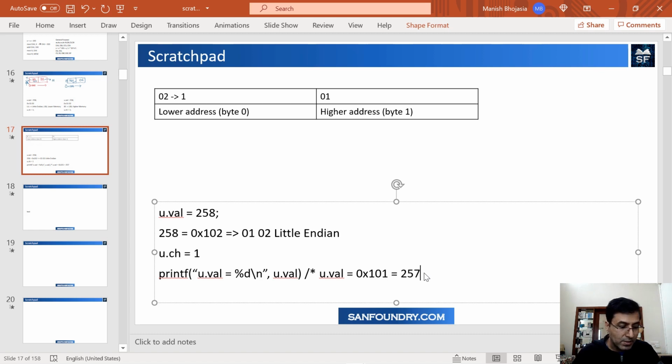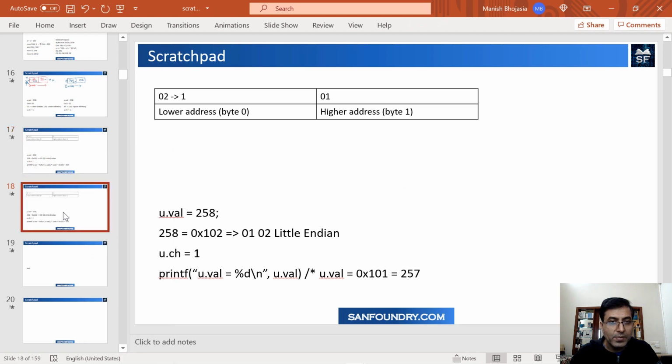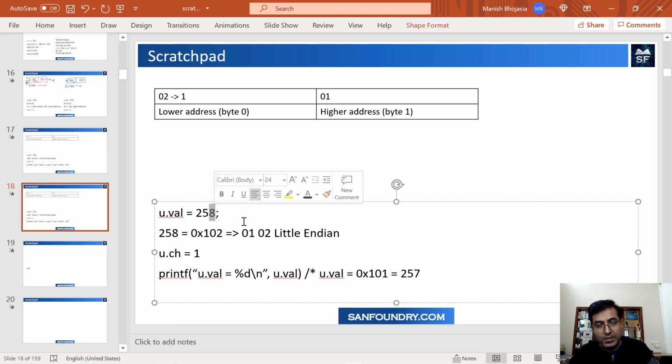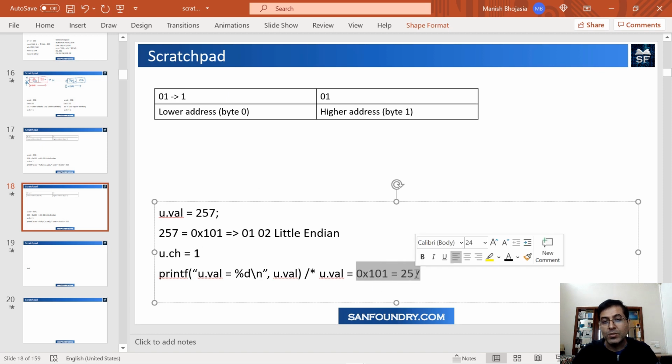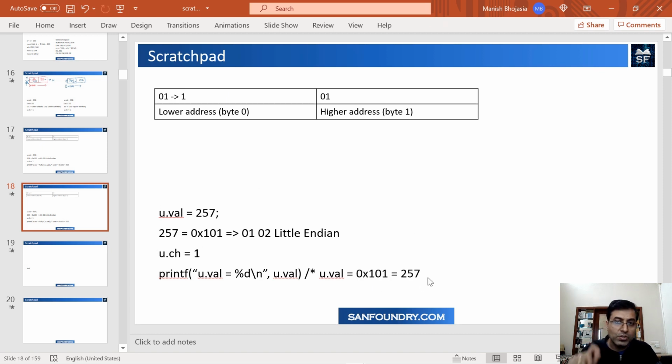We need to understand behind the scenes how things are working. Think about another situation where I had the value 257 here in another output. The internal representation of 257 is 101 only. So the original value was already 1 here, and when we did u.ch equal to 1, we are overwriting it with the same value, and you will get back the same value. So in the second printf, when we did the second modification in our source code lab, you will see the value as 257. Absolutely no change, right? There was absolutely no change.